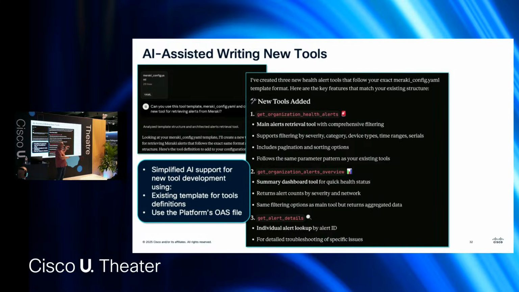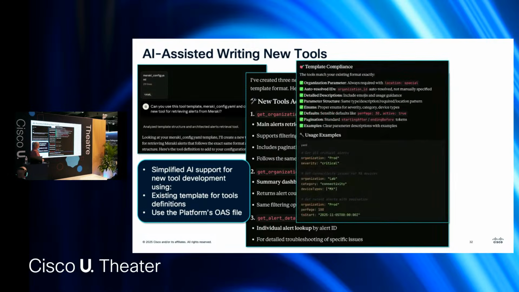I appended this to the code, and it's available to use to give me alerts from Meraki organizations. So it's very, very easy for us to use the same tool that we would use to query information about the network and give me a new tool that I can readily use. Takes me literally 2 minutes, and we have a tool capability that we didn't have before.